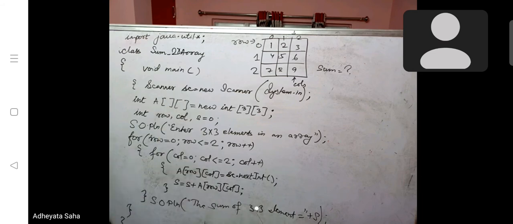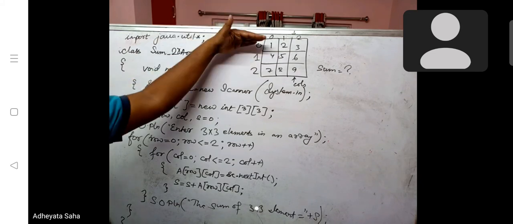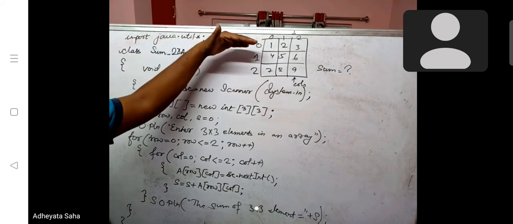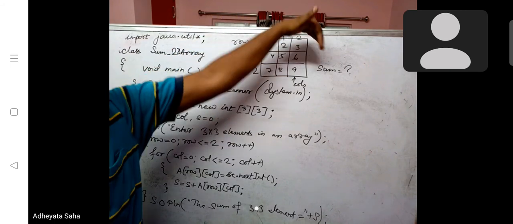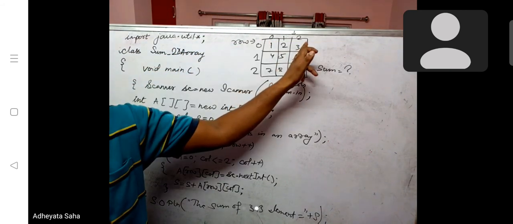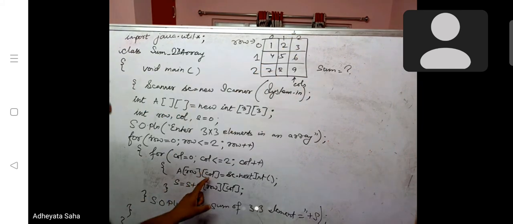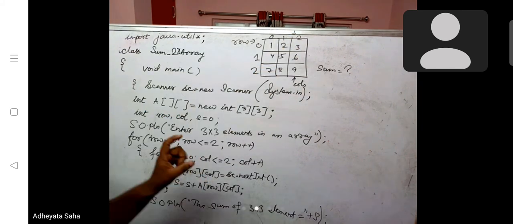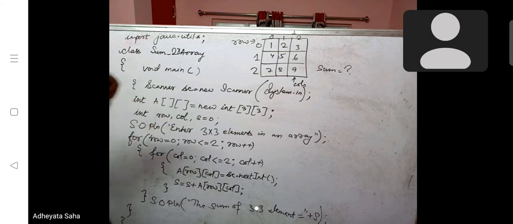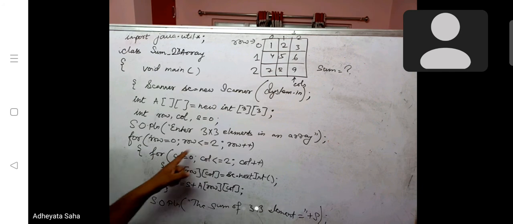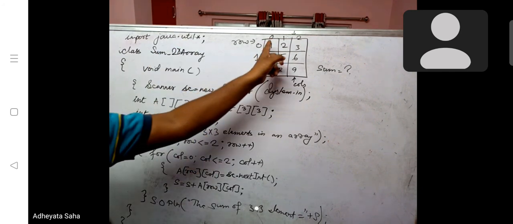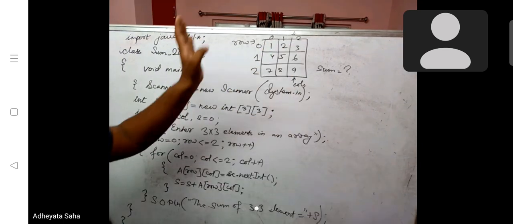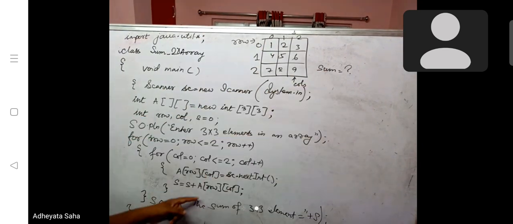Now we are at the 0th position, at the 0th row. Row will be fixed, but column will keep on changing until it reaches the last position. That is why in the inner loop we have written column, and in the outer loop we have written row. When row is 0, column will move 0, 1, 2, three times. It will add 1 plus 2 plus 3, so it is 6 in s, then again come out. Row will now be 1.